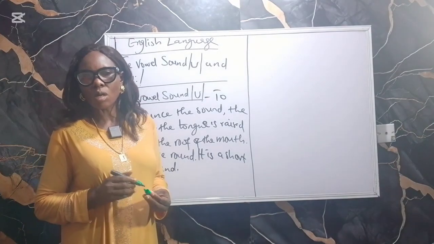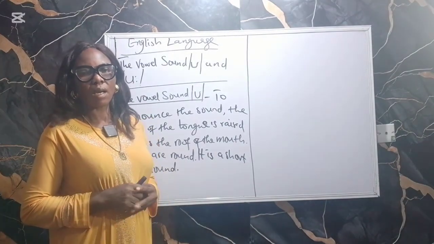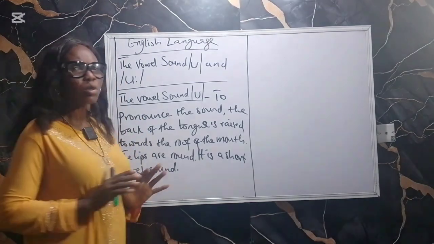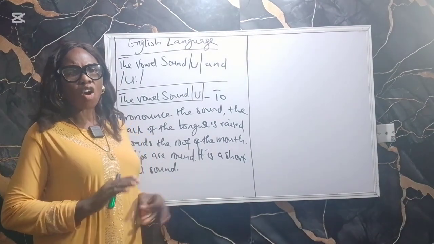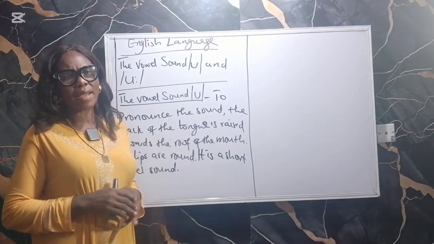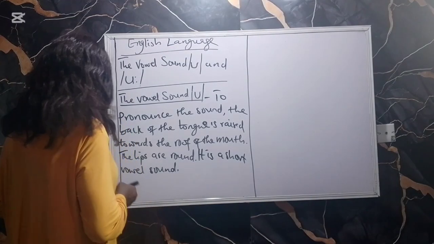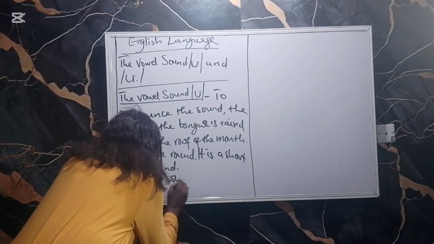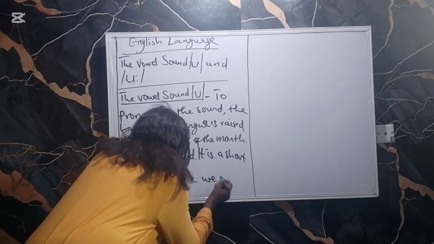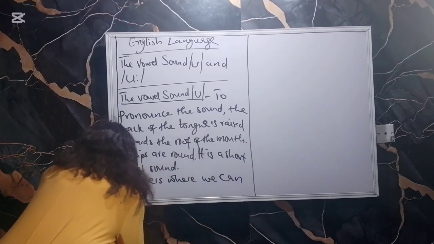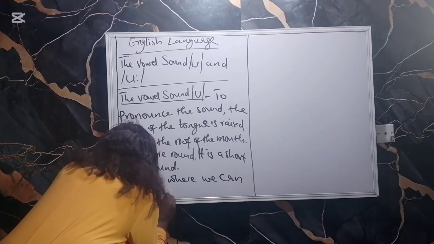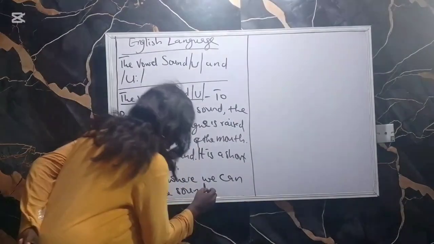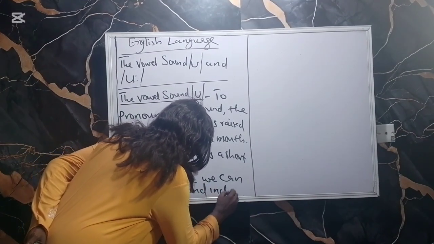Let's pronounce it once more. It is pronounced O. Okay. Now let's look at some letters or combinations of letters where we can hear the sound. Letters where we can hear the sound include,